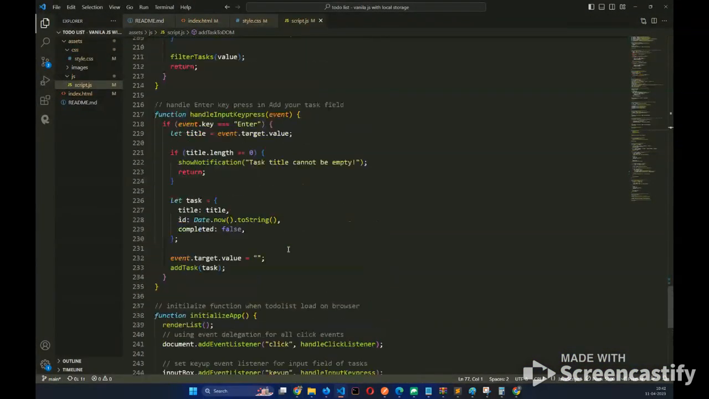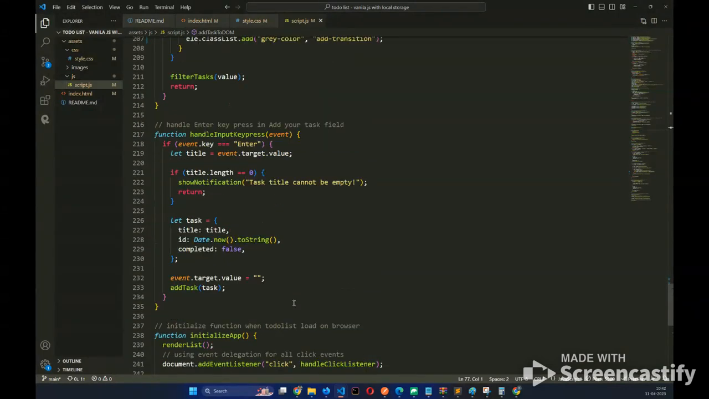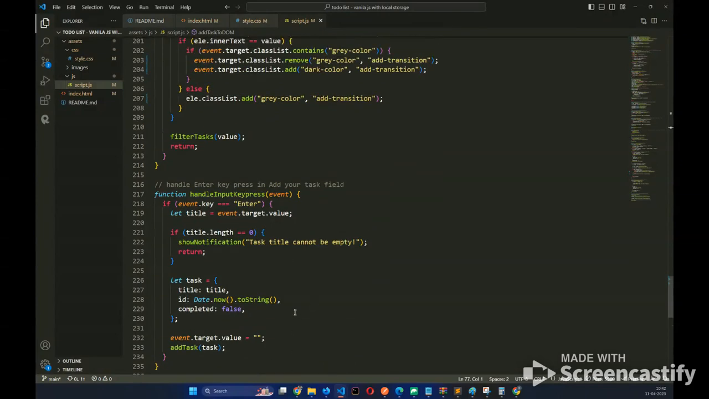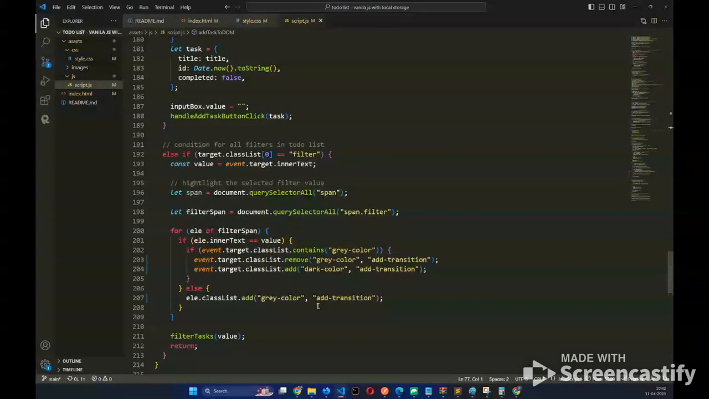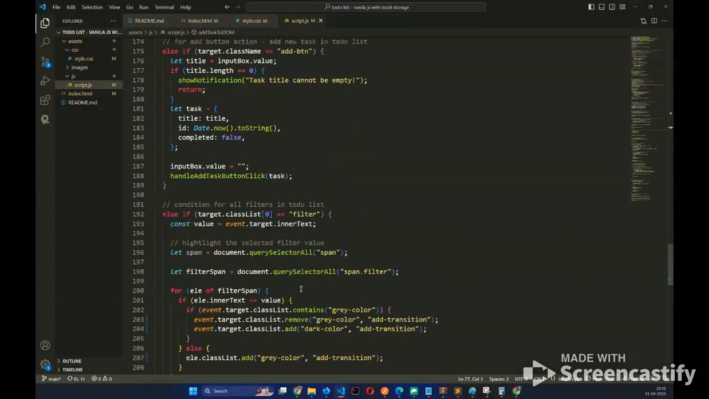If I go to the handle input key press function, you see there is an event. If event dot key is equal to enter, then we make the object and call the add task object function. And if I go to the click event,